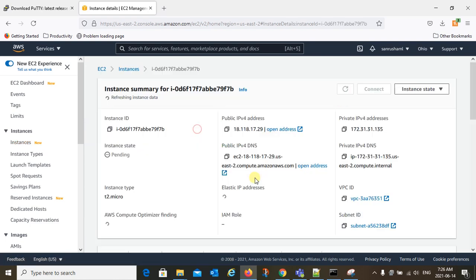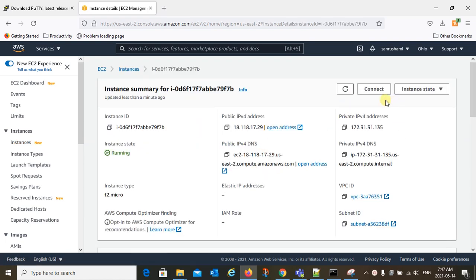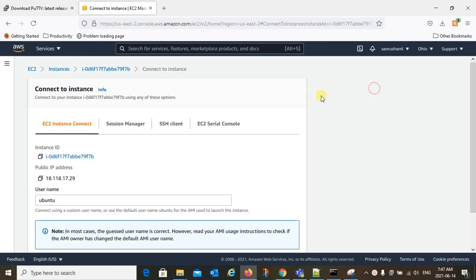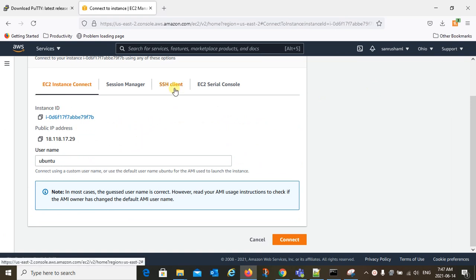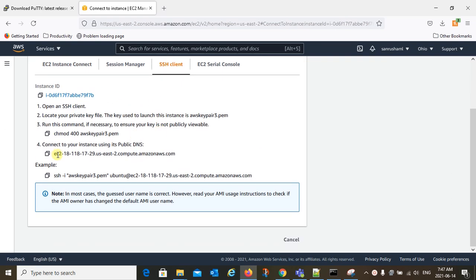So click on the instance, click on connect, and then go to SSH client. Over there on option 4 you will see connect to your instance using its public DNS. Take this public DNS, just copy that.